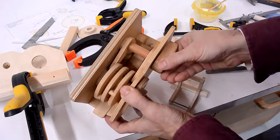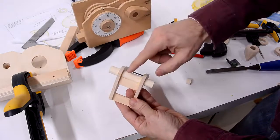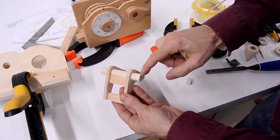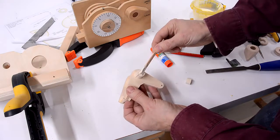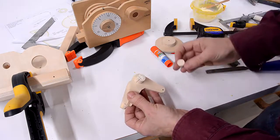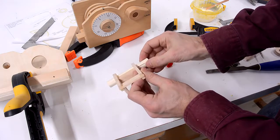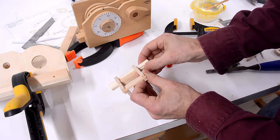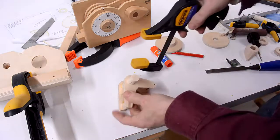When I assembled this part in here, this bracket, I put the dowel too far this way, which means I don't have enough length sticking out here. So I'm just going to do something very crude, which is to end grain glue another piece of dowel on here. And the straight up end grain against end grain joint actually is surprisingly strong, so I think it'll do